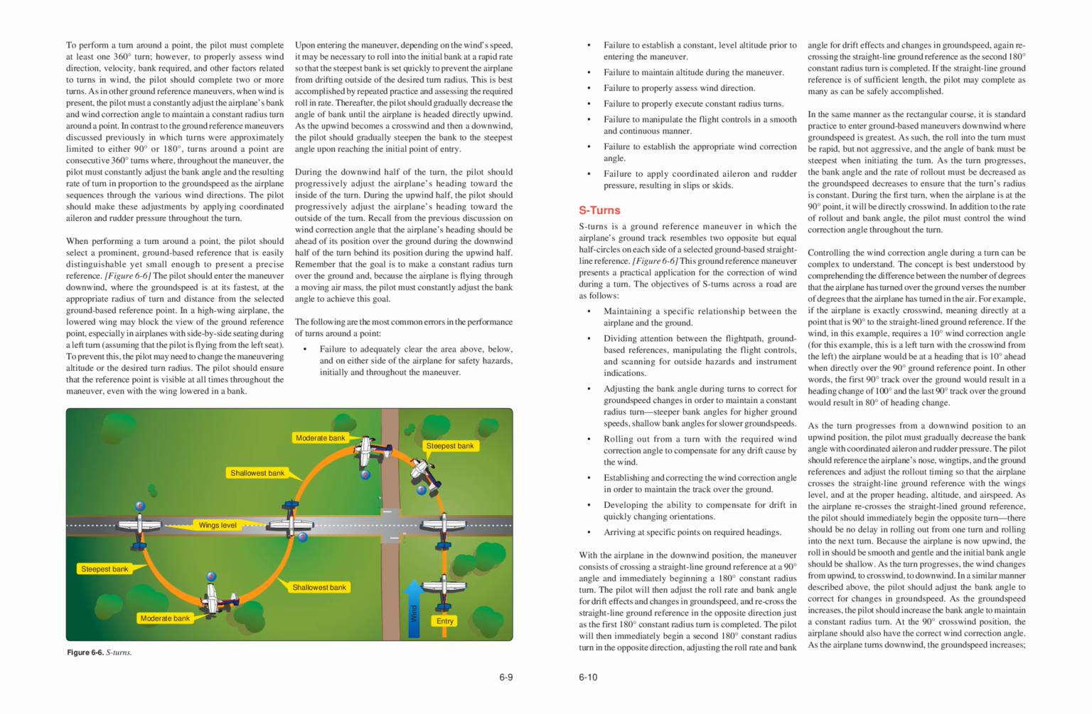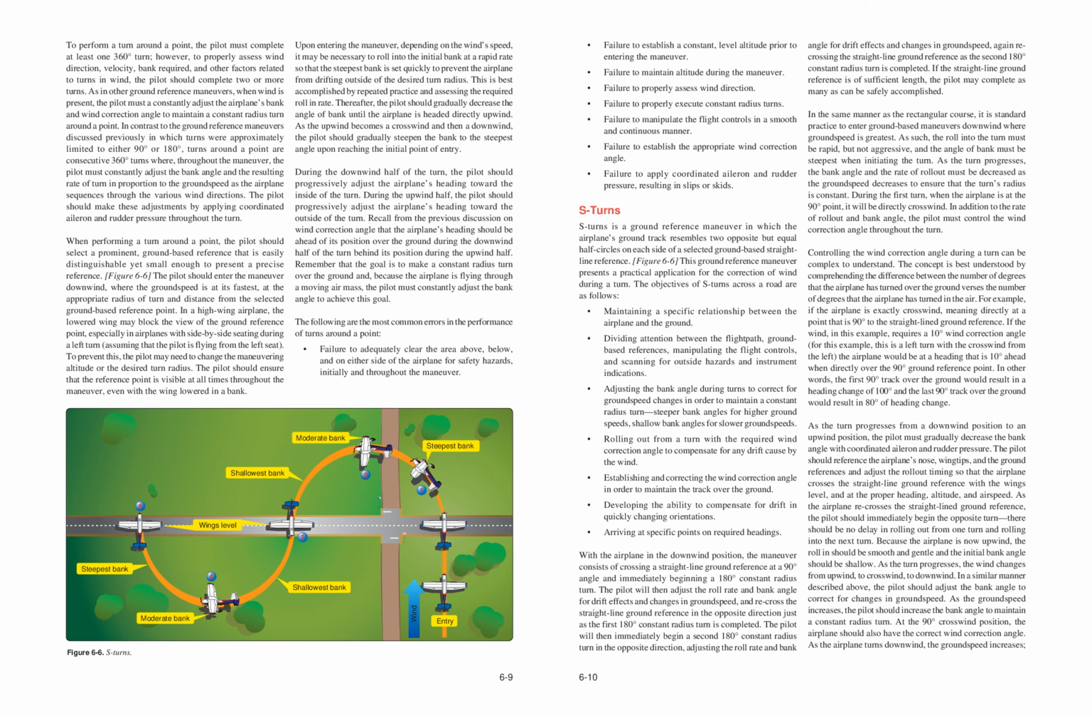With the airplane in the downwind position, the maneuver consists of crossing a straight line ground reference at a 90 degrees angle and immediately beginning the 180 degrees constant radius turn. The pilot will then adjust the roll rate and bank angle for drift effects and changes in ground speed, and recross the straight line ground reference in the opposite direction just as the first 180 degrees constant radius turn is